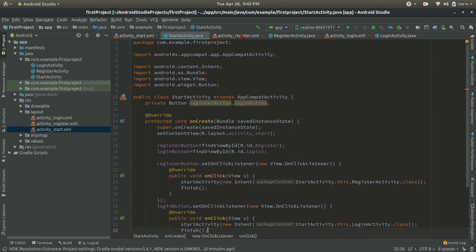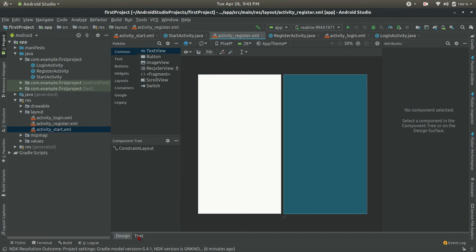Now we will go to the register activity XML file. Go to the text.